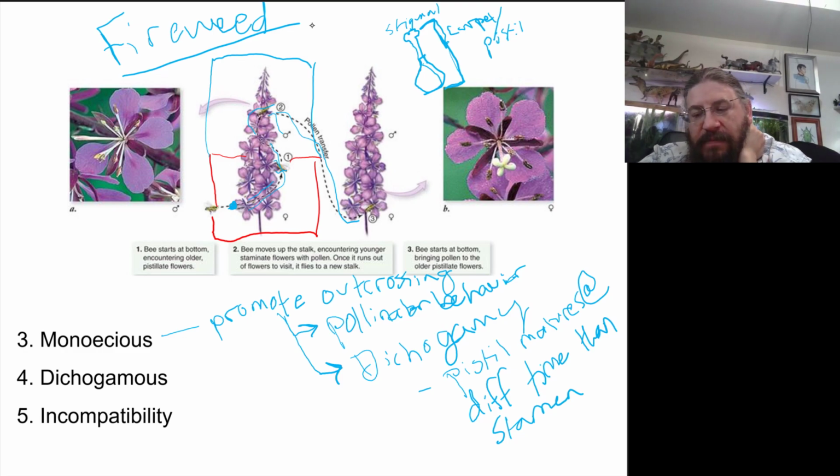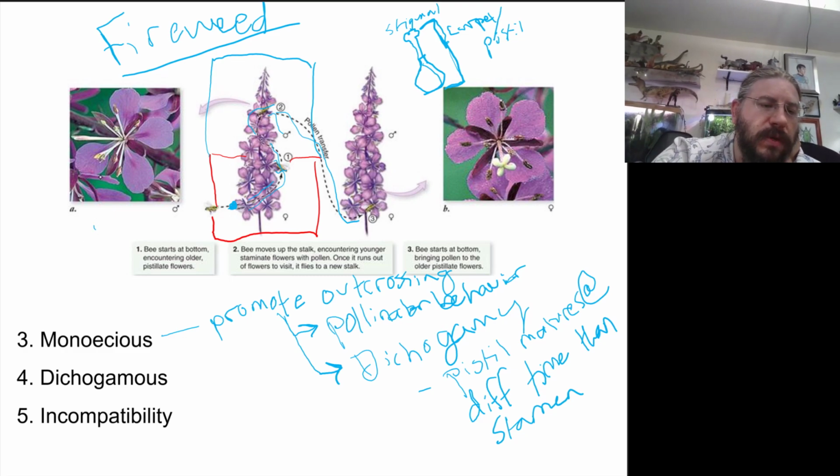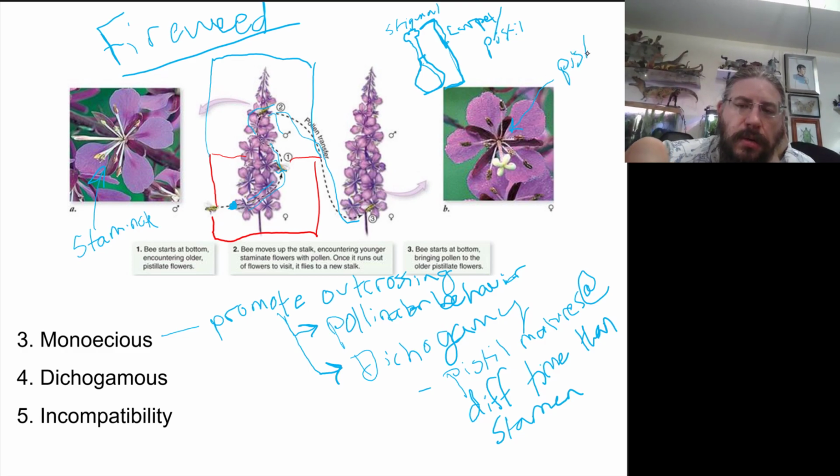So those staminate and pistillate flowers. Staminate, so you see there's no stigma in there, so there's no female reproductive structure. And pistillate, big old female reproductive structure. So the staminate and pistillate flowers are fertile at different times. So this even further promotes outcrossing. So that's pretty cool. And then another very cool one